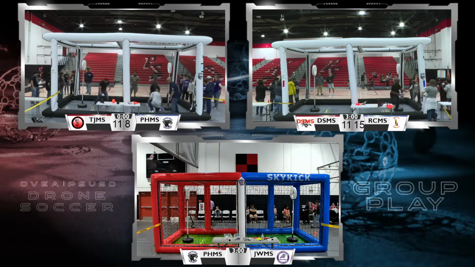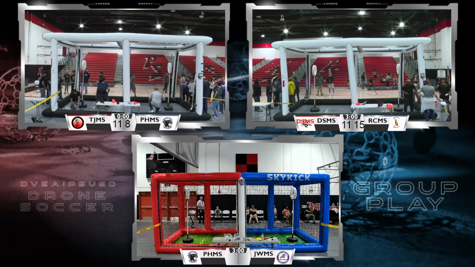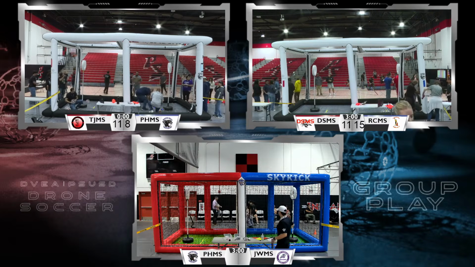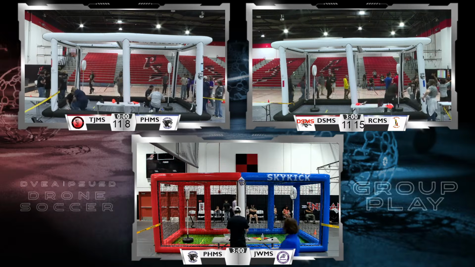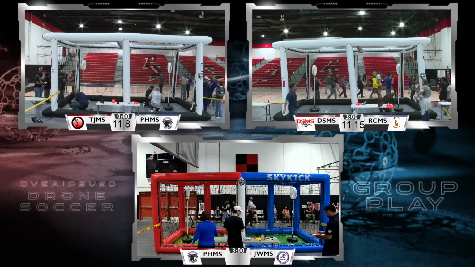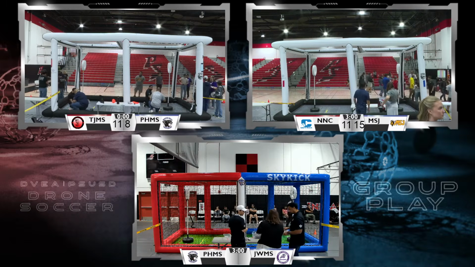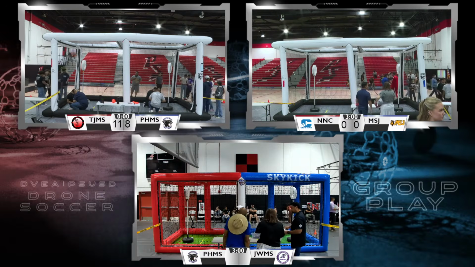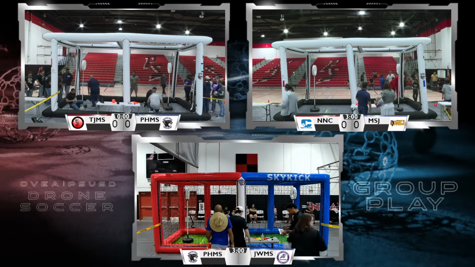On deck in Arena C, we have the Painted Hills Middle School Team 1 on the red side and James Workman Middle School on the blue side. They're going to start in about 3 to 5 minutes over there in Arena C. They can be on deck getting their drones ready, jostling for their positions. That would be James Workman Middle School and the Painted Hills Middle School Team 1 squad.